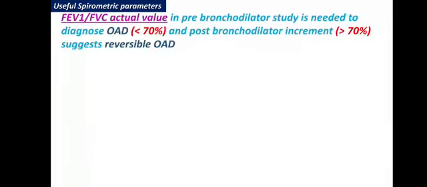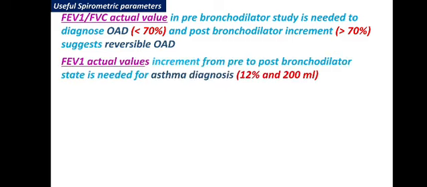Useful spirometric parameter: FEV1/FVC actual value in the pre-bronchodilator study is needed to diagnose obstructive airway disease if it is less than 70%, and post-bronchodilator increment if it is more than 70% suggests reversible obstructive airway disease. FEV1 actual value increment from pre to post bronchodilator state is needed for asthma diagnosis if the increment is 12%